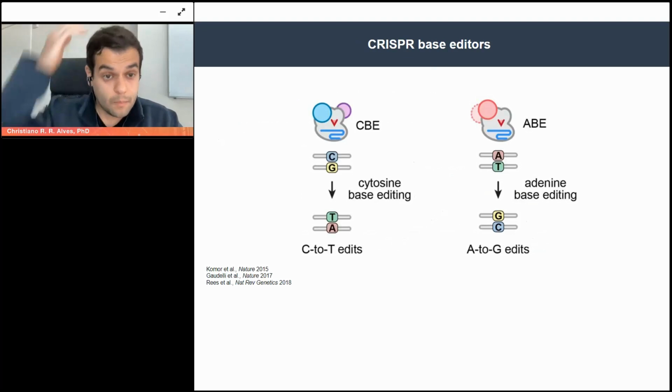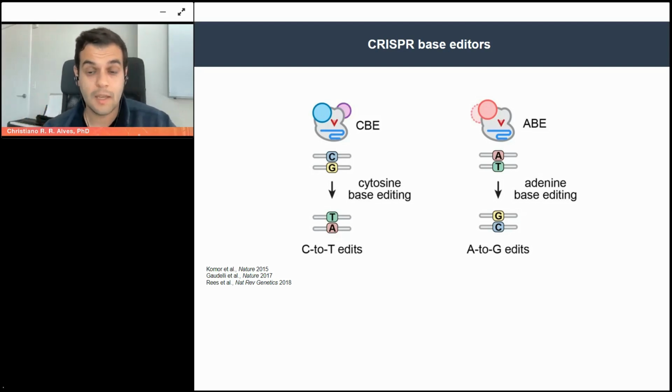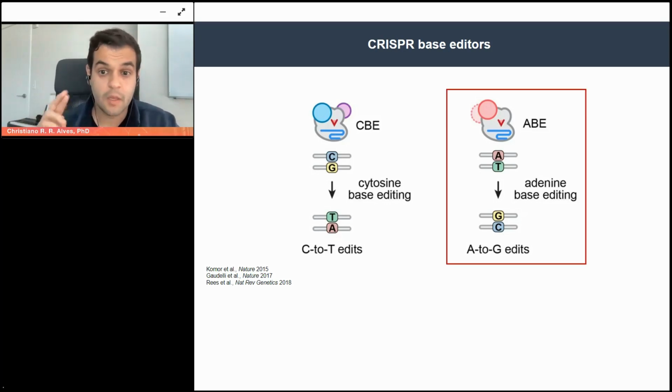So when you talk about base editors, this has been growing as well. We have new technologies coming from the base editors, but in a very simple way, we could say that we have two main types of base editors: the cytosine base editors, or CBEs, and the adenosine base editors, the ABEs. And the ABEs are the ones that we are more interested in for this project because they could make that A to G, and then that would be the T back to C.